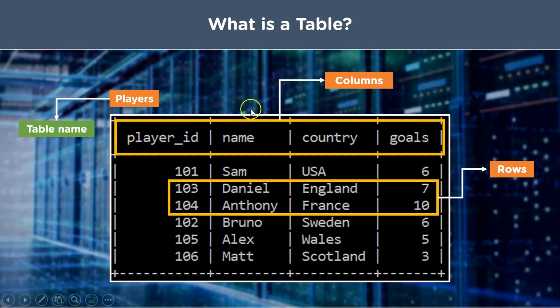So these are also known as fields in a database. Here, each row represents a record or a tuple. So you have the player ID, which is 103 here, the name of the player is Daniel, he is from England, and the number of goals he has scored is 7. So you can use SQL commands to query, update, insert records, and do a lot of other tasks.